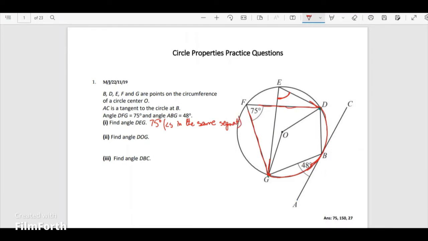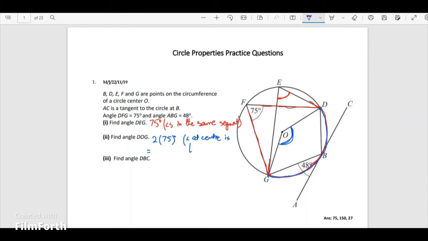Next up, we have to find angle DOG. Angle DOG is right here, the angle at the center. And if you see, this angle at the center is also coming from that same arc that is making two of those angles at the circumference. So we know that the angle at the center is always twice the angle on the circumference. So 2 times 75 would be the DOG angle, and the reason being